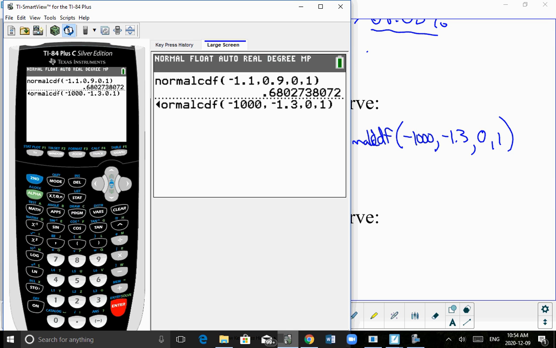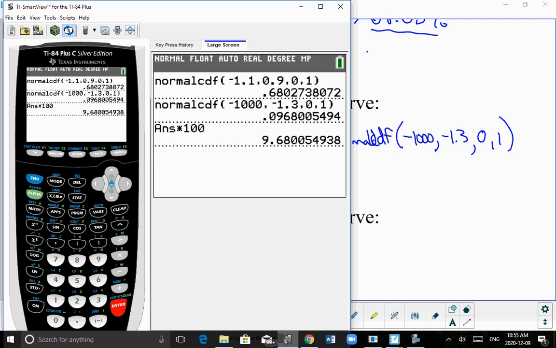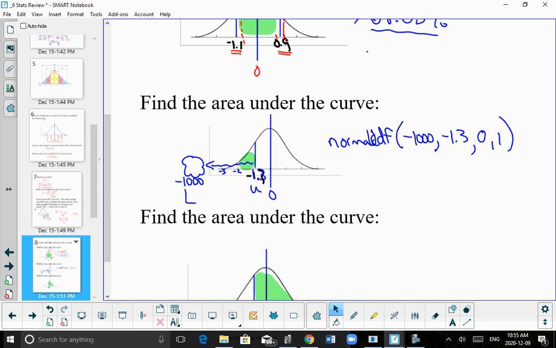Hit enter. So by the way, on my TI-84, I entered in that menu. If you're doing a TI-83, you just get prompted with a bracket, so you would just enter it in exactly the way it's now appearing on my calculator. So I have to do the extra menu first, but TI-83s get to just go straight to using the commas. So again, to convert that to a percent, you just times it by 100, so we get 9.7%. So 9.7% of our data